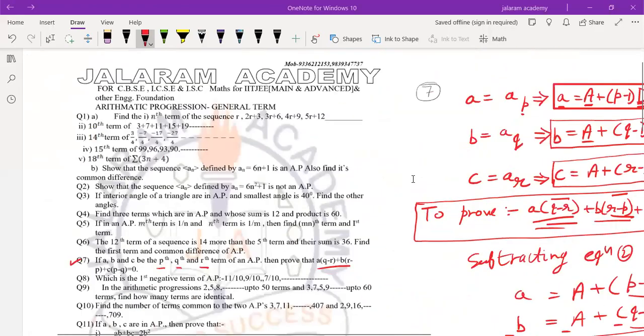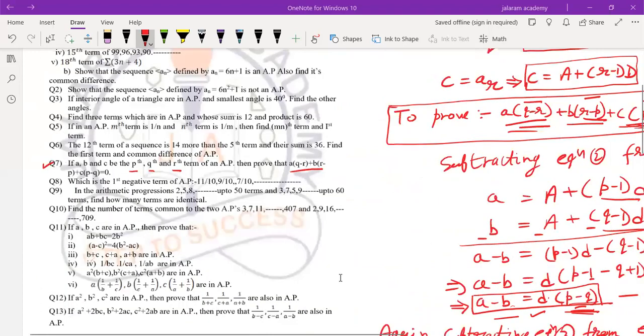After 7th, question number 10 is the next doubt. 8th and 9th, 9th also is a doubt. Okay. So now we discuss question number 8. There are two methods to solve question number 9. 8th is very easy. You all must have solved it, I think. Otherwise, ask it in the comment box.